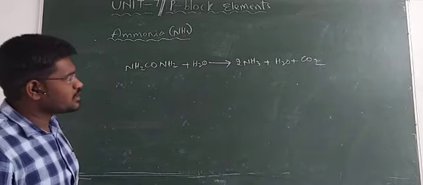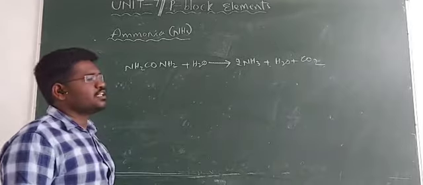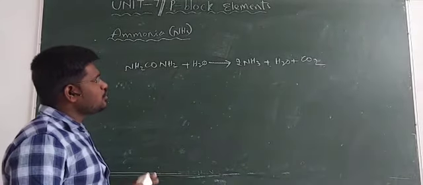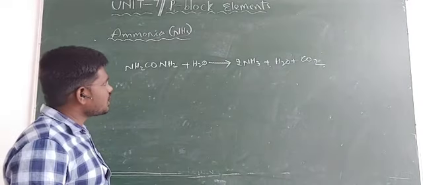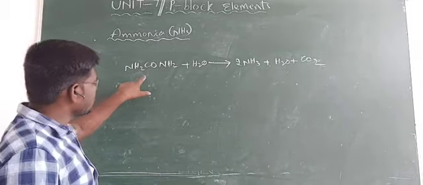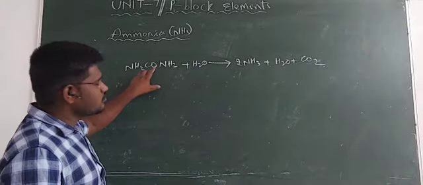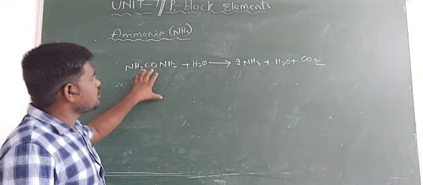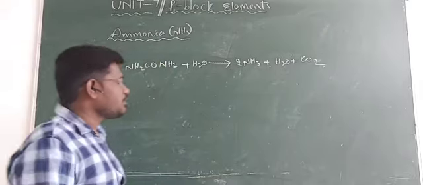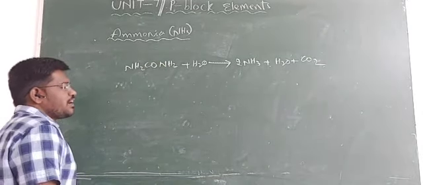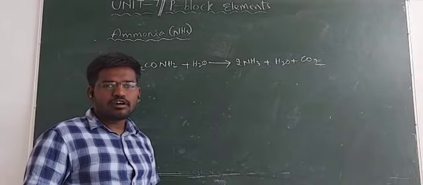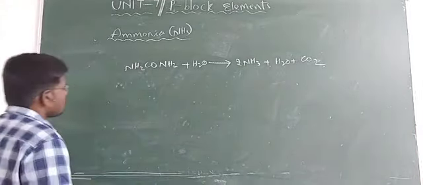Right? Very less amount of the ammonia is available in the air, and the next one in the soil. In the soil, ammonia is formed due to the decay of the nitrogenous organic matter. Example for the nitrogenous organic matter, urea. So here urea reacts with the water and gives us ammonia and other byproducts will be formed. And next one, a very small scale of the ammonia will be formed from the ammonium salts.